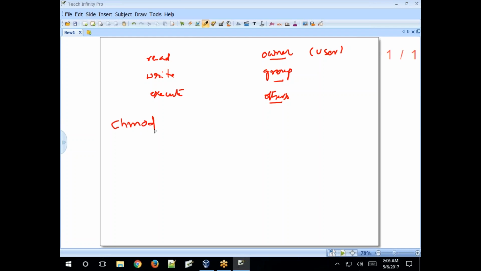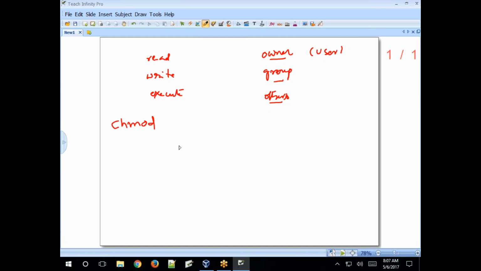For example, group people get read and write, others get read only, and the owner gets complete access on that file. We have two methods to set permissions on files or directories: the numerical method and the symbolic method.